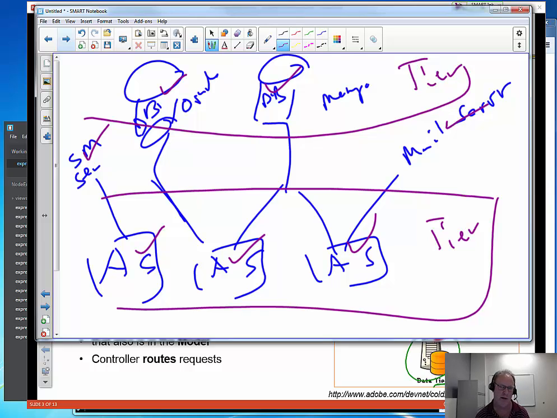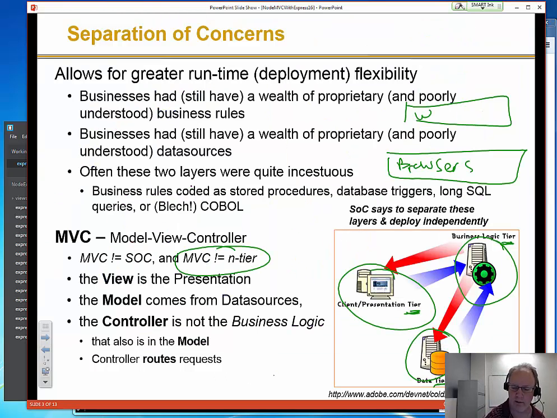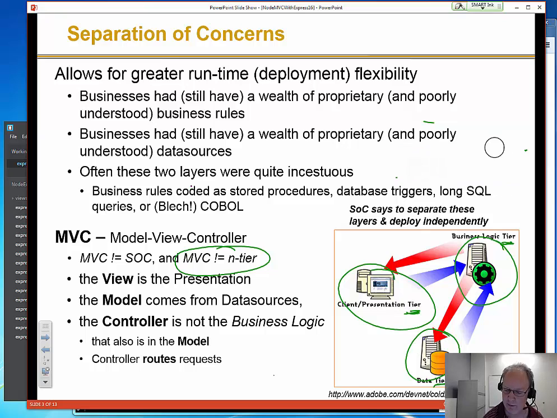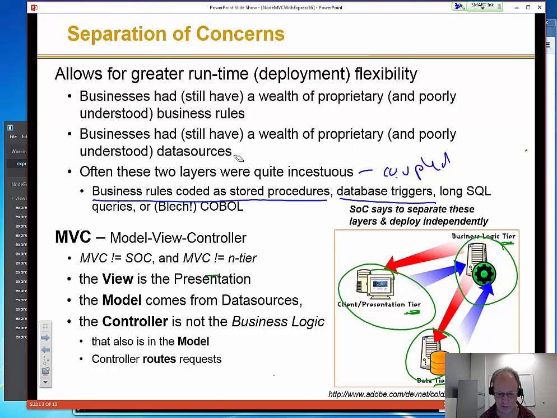So that's what the term tier means. Tiers do not equate to model view controller, which I'm going to talk about in a second. So let me clear this up, and you can keep in mind those scribbles, and again, I'll save and post those. Historically, as I mentioned before, the layers, these tiers, were very incestuous, meaning coupled. This just means coupled. So business rules would be in a database with stored procedures, or as database triggers, or in long SQL queries,